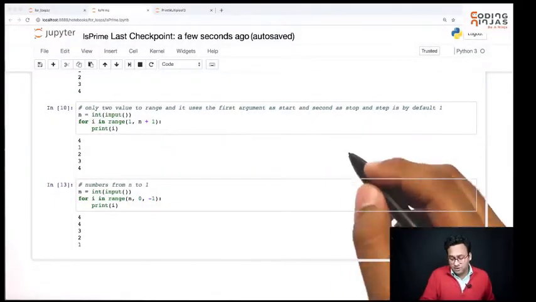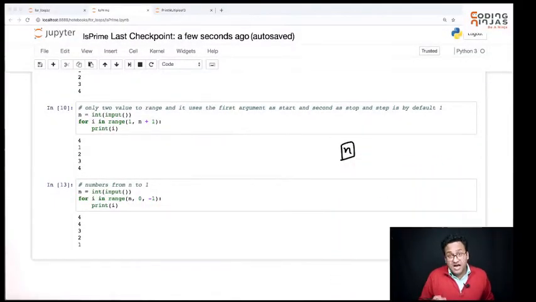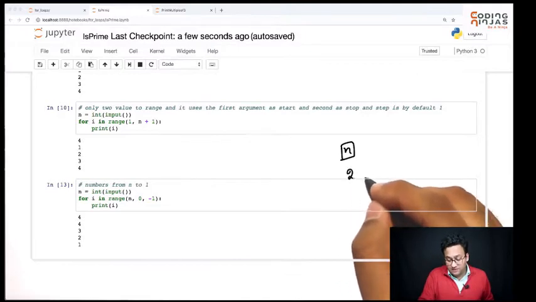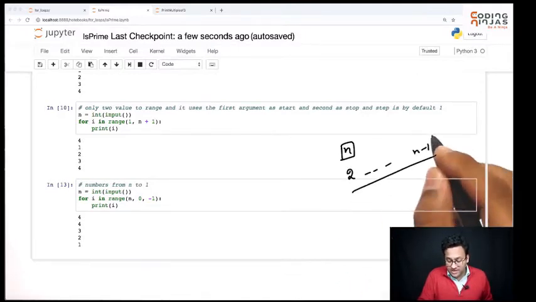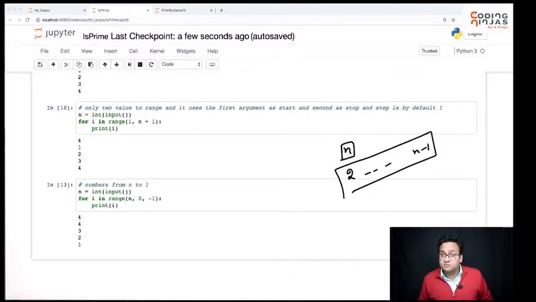Hi. So in this session, I want to write code for a problem that we already solved. That is prime. So given a number, check if it is prime or not. Just to remind you, how did we solve that? So given a number n, we tried dividing this number starting from 2 till n minus 1. We tried to divide it by all of these numbers. And if any of them could divide it, we said that the number is not a prime. Otherwise, we said it is a prime number.